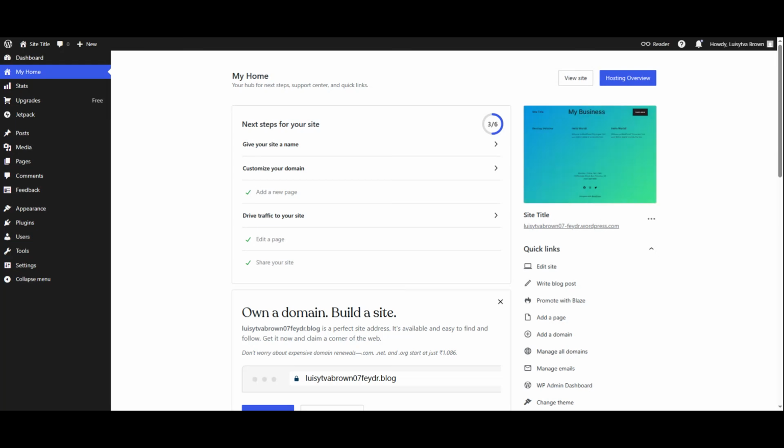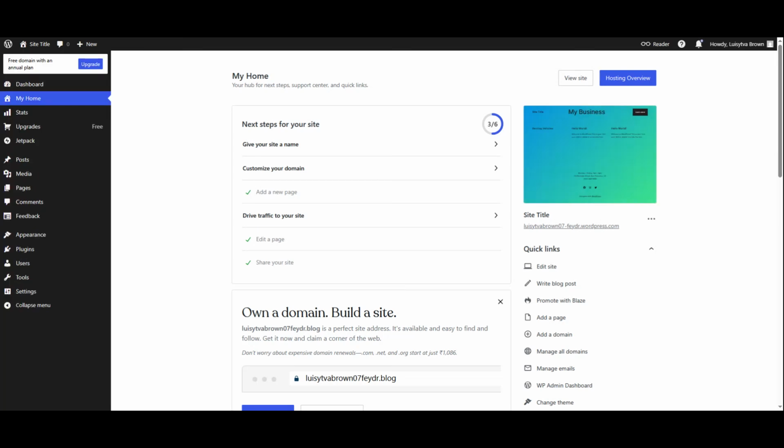In today's video, I'm going to walk you through exactly how to make a WordPress blog step by step, even if you're a complete beginner. By the end of this tutorial, you'll know how to create posts, set up a blog page, and configure WordPress so your blog displays correctly on your website. This method works with the latest WordPress dashboard and is perfect for personal blogs, business blogs, or content creators just